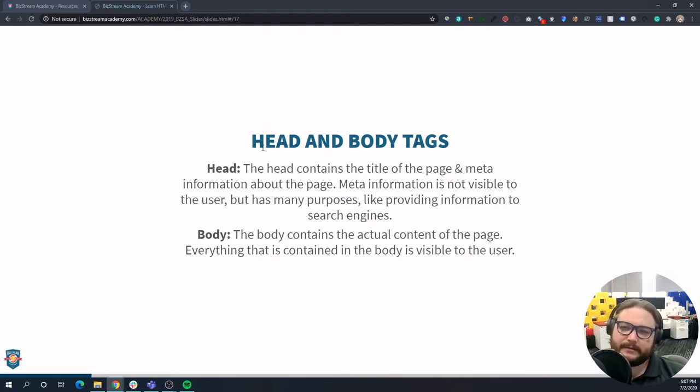So the head is the stuff that you don't really see. It contains the title of the page and meta information about the page, right? You may know what meta means, or that could be a really strange new term for you. Meta is information about information. Does that make sense? If the information on the page is a Wikipedia article, I'm reading about dinosaurs or bananas, it doesn't really matter. Meta information would be things like the title of the page. What is the title of this page? It's information about the information I'm reading. Who wrote it? When was it written? That sort of stuff. That's the kind of thing that the head tag